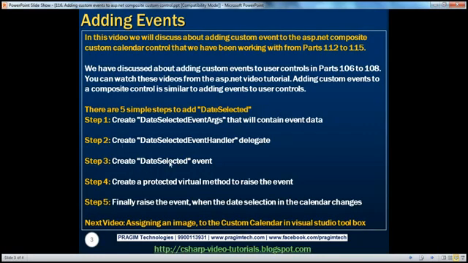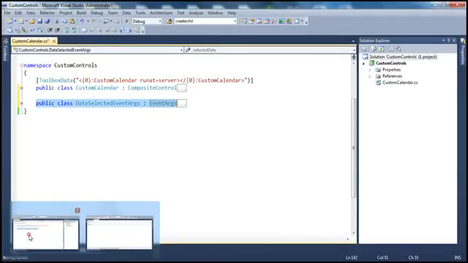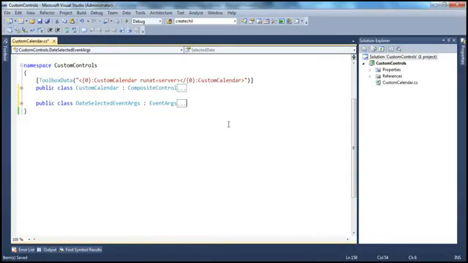So what's the second step? Create the date selected event handler delegate. Anytime we are talking about events, delegates go hand in hand, because events are variables of type delegate. So if you have to create an event, there should be an associated delegate. Let's go ahead and create the delegate first, and let's call it DateSelectedEventHandler. A delegate is also a type and it can exist on its own, so the delegate need not be present inside another class. So, public